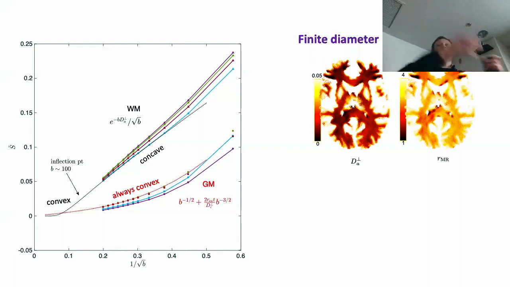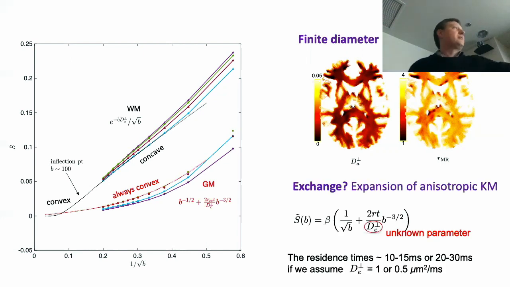They're heavily weighted by the largest diameters, but we're getting more sensible numbers of the order of 3, 4 microns, because they're heavily weighted by the tail of the axonal distribution. Whereas the gray matter is always convex. There are many different reasons why that could be true, but actually we thought about exchange, your question. If you just take a Kärger model with the sticks and some extra-stick space, with an angular average, you will actually get the next contribution to be positive, as a function of b to the minus 3/2, and you get